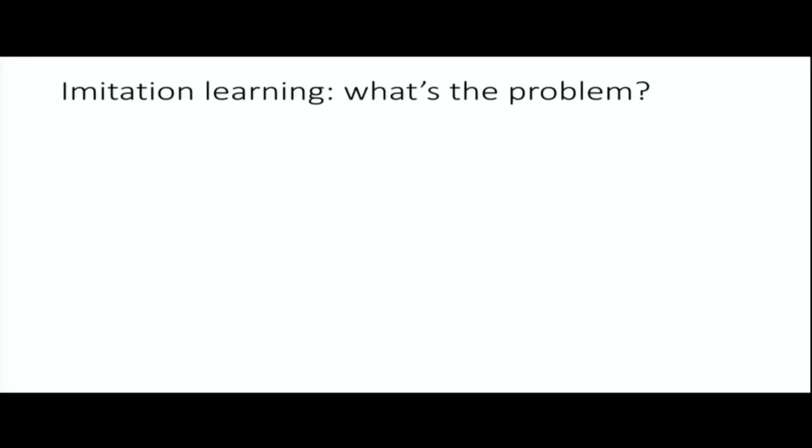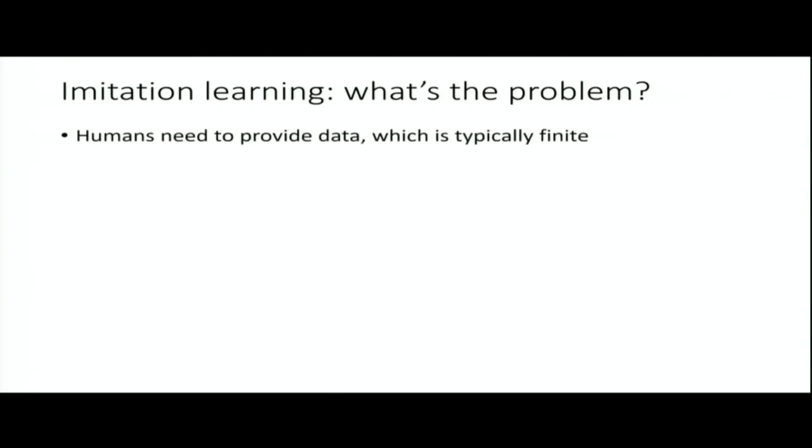So what's the problem with imitation learning? Why is it not enough to just do imitation learning for everything and end the course today, basically? One of them is that we have an entire semester left, and you guys need to have grades. But the other one is that for imitation learning, humans need to provide data. And that data is typically finite. Like, even if you can get human drivers to drive for a whole lot, if the car is driving autonomously, maybe you can get it to drive even more. So even if humans can provide data through some relatively cheap mechanism, like the guy walking around on the forest trail, if you have an autonomous system that collect that data instead, maybe you can get even more data.